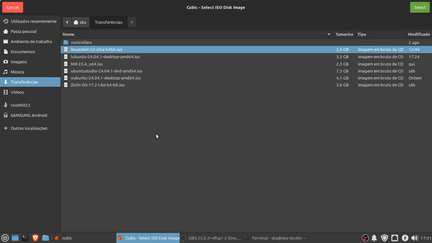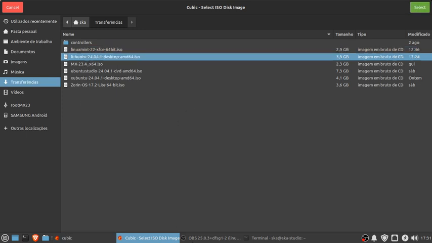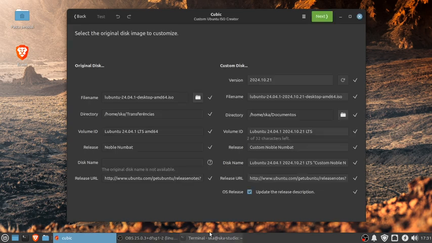Okay, so here we go. We're gonna choose Lubuntu, so the LXQt desktop we're gonna work with. Select to open it, so that's Lubuntu. Okay, then over here the custom disk, we can give it some names, so we're gonna take these letters away over here, and then we're gonna go through 24.01, then we leave the dash over there, and we do